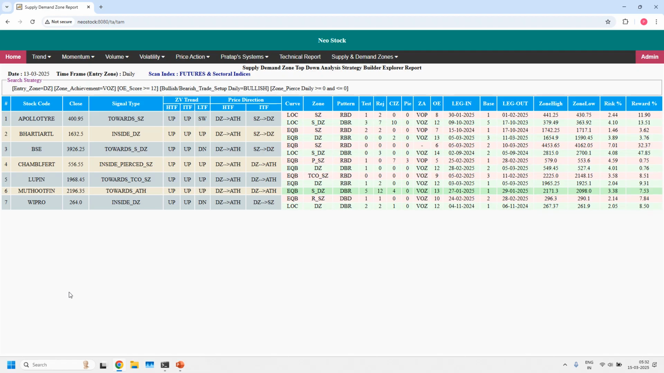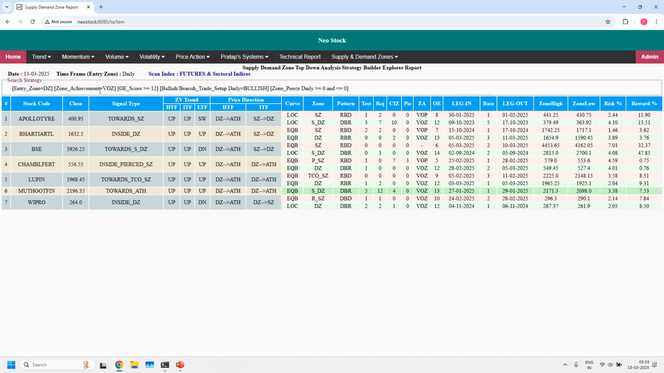Our software analyzed all the stocks that are listed in the selected index. Which index did we select? By default, the current window is selecting futures and sectorial indices. Around 240 stocks it is selecting, and it analyzed all of them and finally displayed 7 stocks. After searching 240 stocks, we got only 7 stocks that are supporting the bullish trade setup,